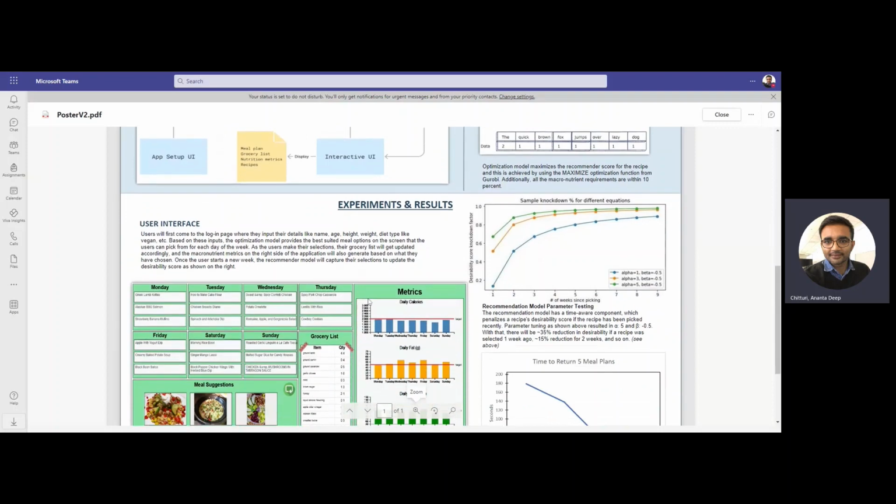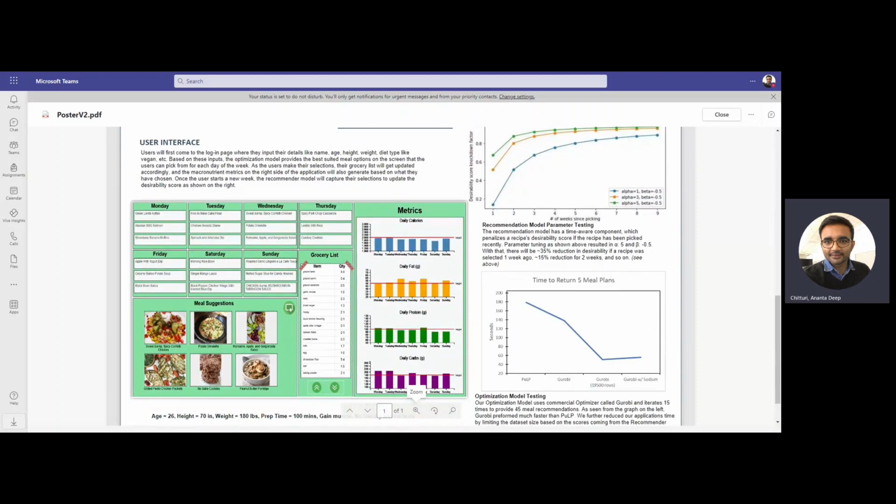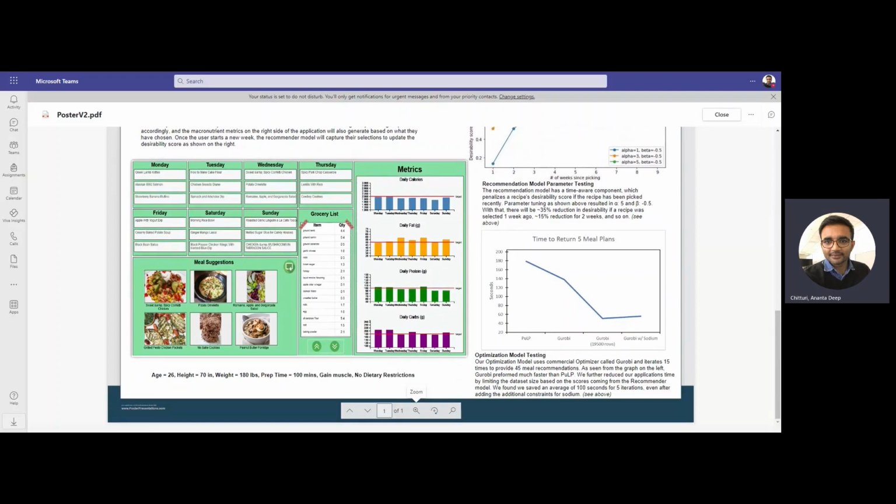And for experiments and results, as you can see in the graph on the right side, the recent selection will be given a very low score, and likewise. And also for the time to run, we chose Gurobi because it has the best performance compared to PuLP, the other option that's available. And on the left is the output screen of our app, which has meal selections